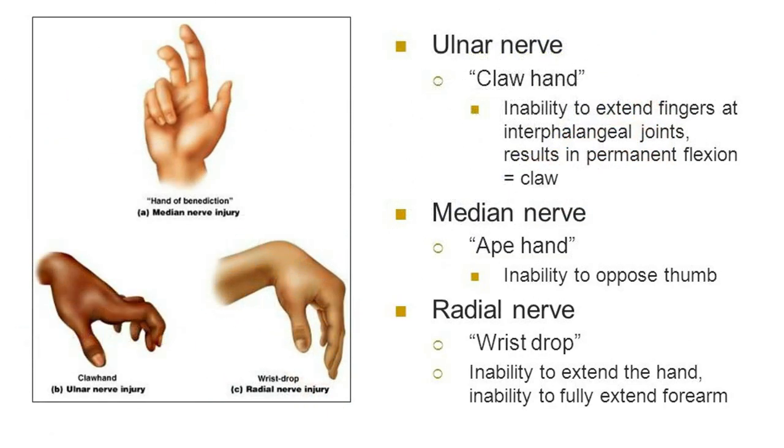So now, just a small revision. For ulnar nerve injury there will be claw hand, namely the inability to extend the finger at the interphalangeal joint, resulting in permanent flexion, which is called clawing. For median nerve especially, we can see the ape thumb deformity and inability to oppose the thumb. This is pathognomonic for the median nerve. And for the radial nerve, the pathognomonic sign is wrist drop. Wrist drop cannot occur in ulnar nerve and median nerve injury. It is the pathognomonic sign for each different type of nerve injury in the hand.